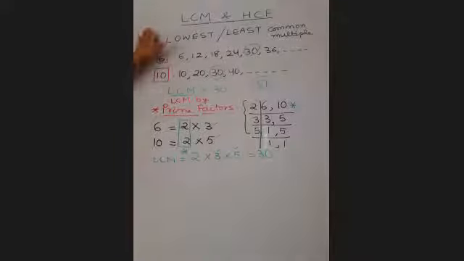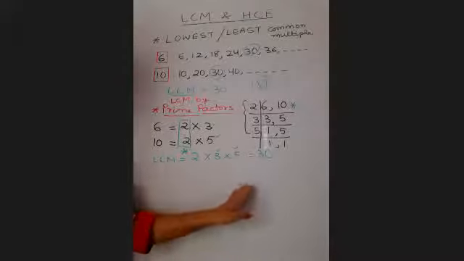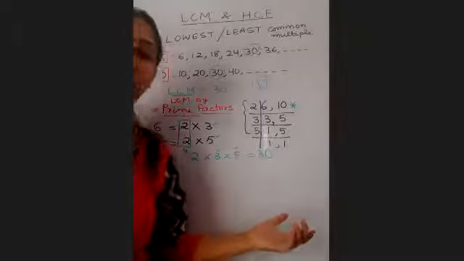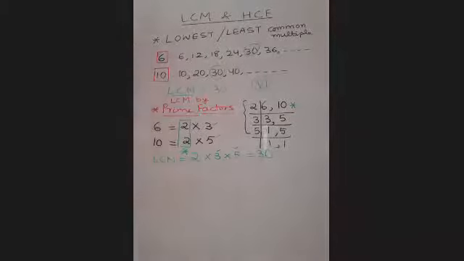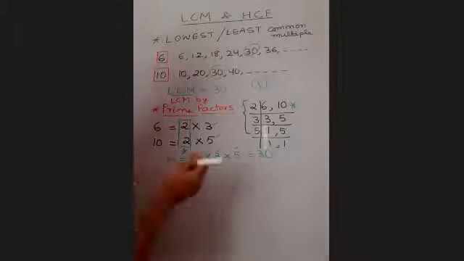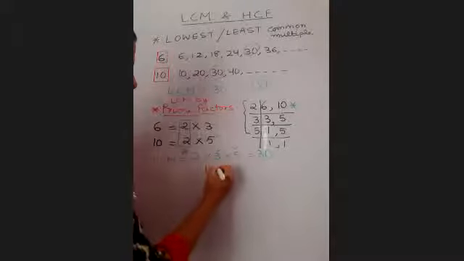So that is lowest or least common multiple. Now, what does it mean? It means, when I'm saying that, one more thing, children. This is how we are going to do the notation now.